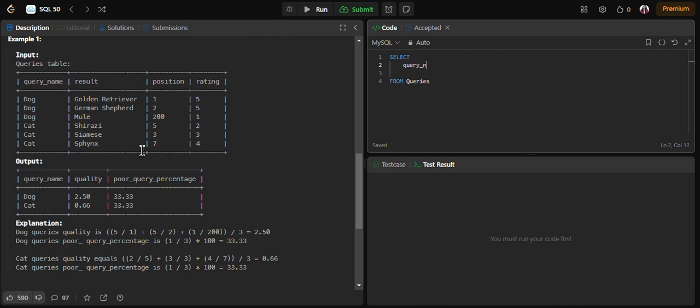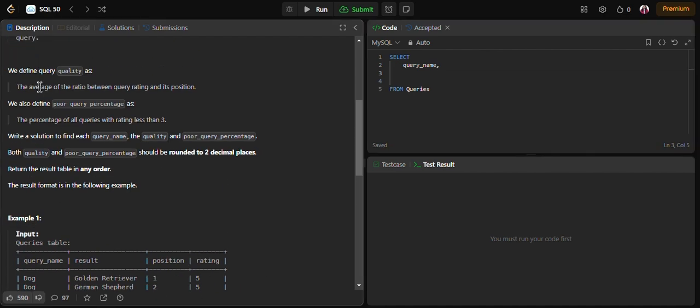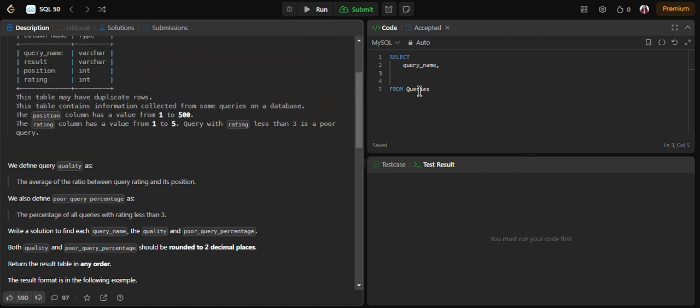Next, I want quality. For quality, we can see it is the average of the ratio between query rating and its position. So let's find the ratio: rating divided by position, and we have to find the average of this.